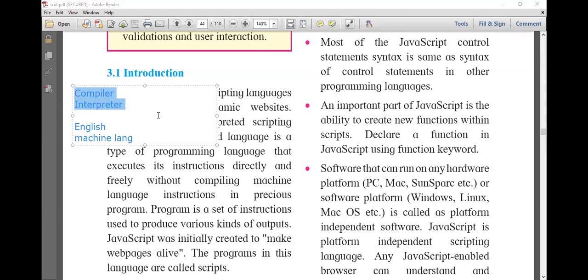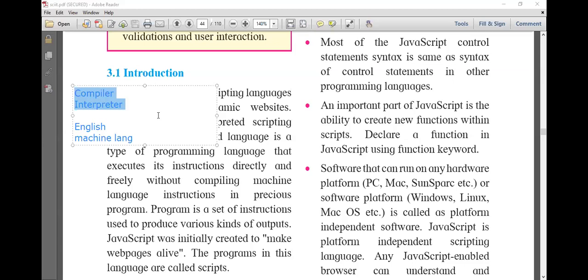So when we store any file with such an extension, it is a textual file, and the textual file itself never gives output. Output is always given by the executable file, the file having the .exe extension. Now the files which you have written in English language should be converted into an exe file, meaning an executable file, and that can be done by using a compiler and interpreter. So compiler and interpreter are very much required in all programming languages.